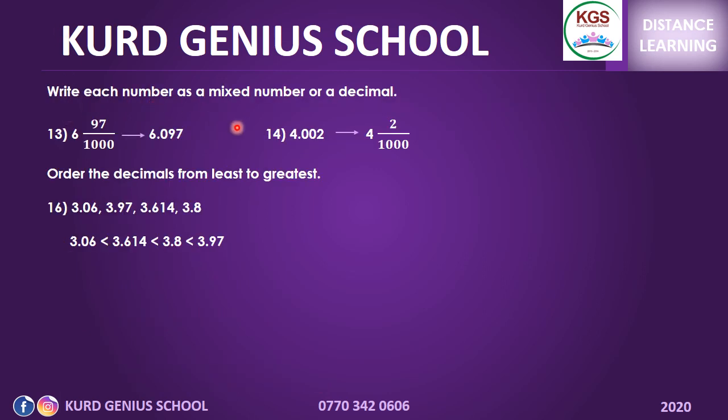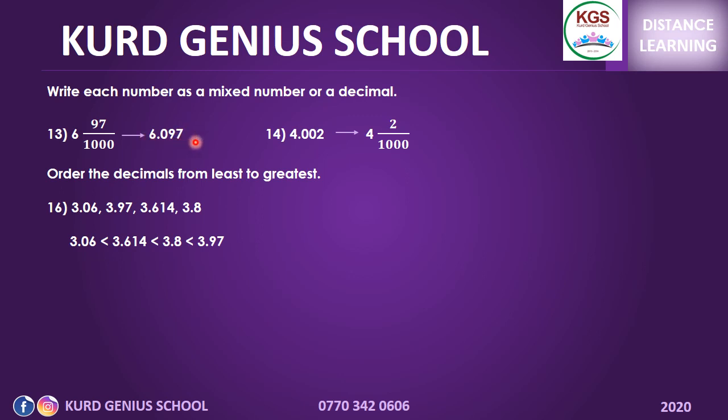Write each number as a mixed number or as a decimal. Number 13, 6 and 97 thousandths. So we have 6 in the whole number part. In the fractional part, we have 97 parts out of 1,000 parts. That means we should have 3 digits to the right of the decimal point. Since the numerator is 97, write the 97, then add a 0 to the left of the 97 to make it 3 digits to have the place of thousandths. Now we have 6 and